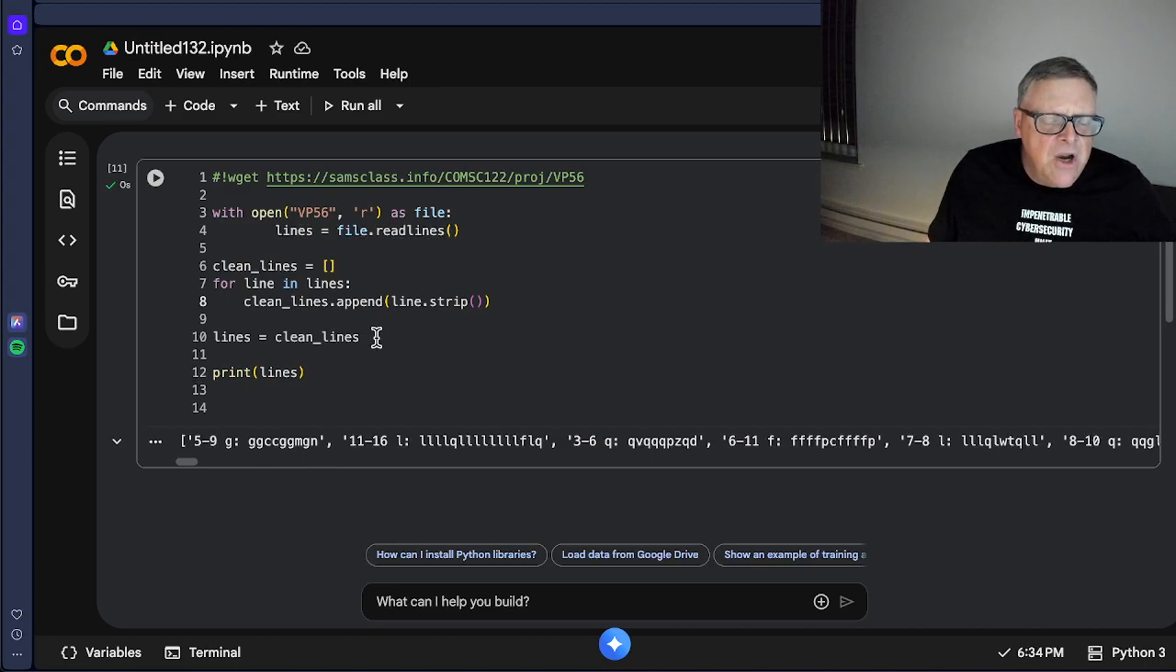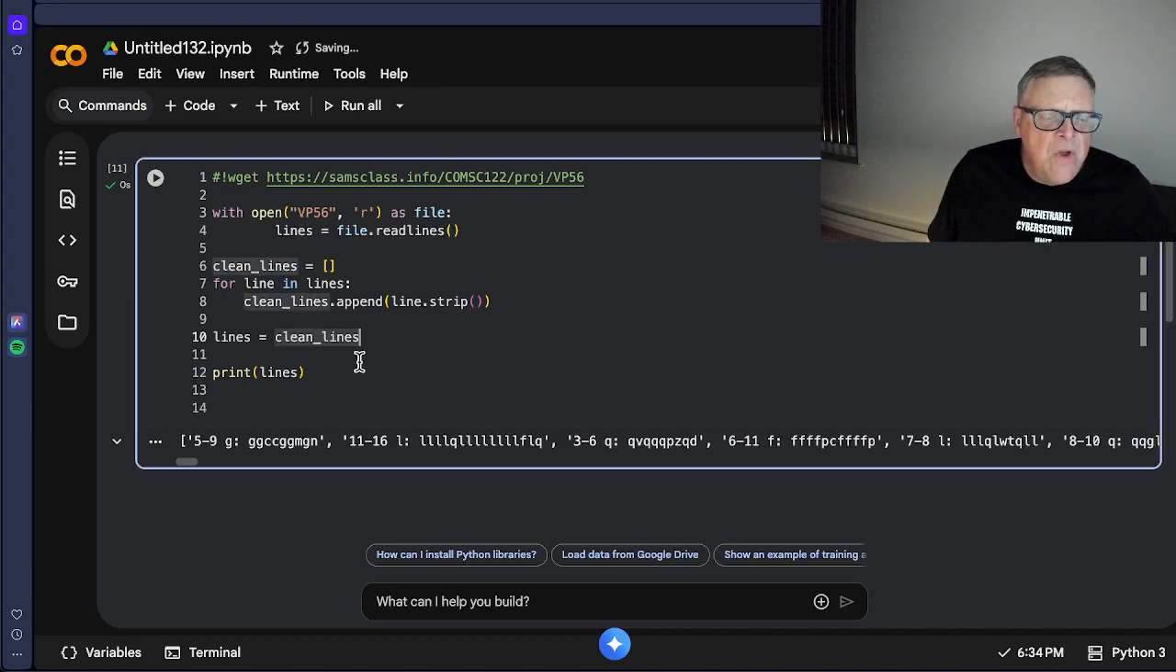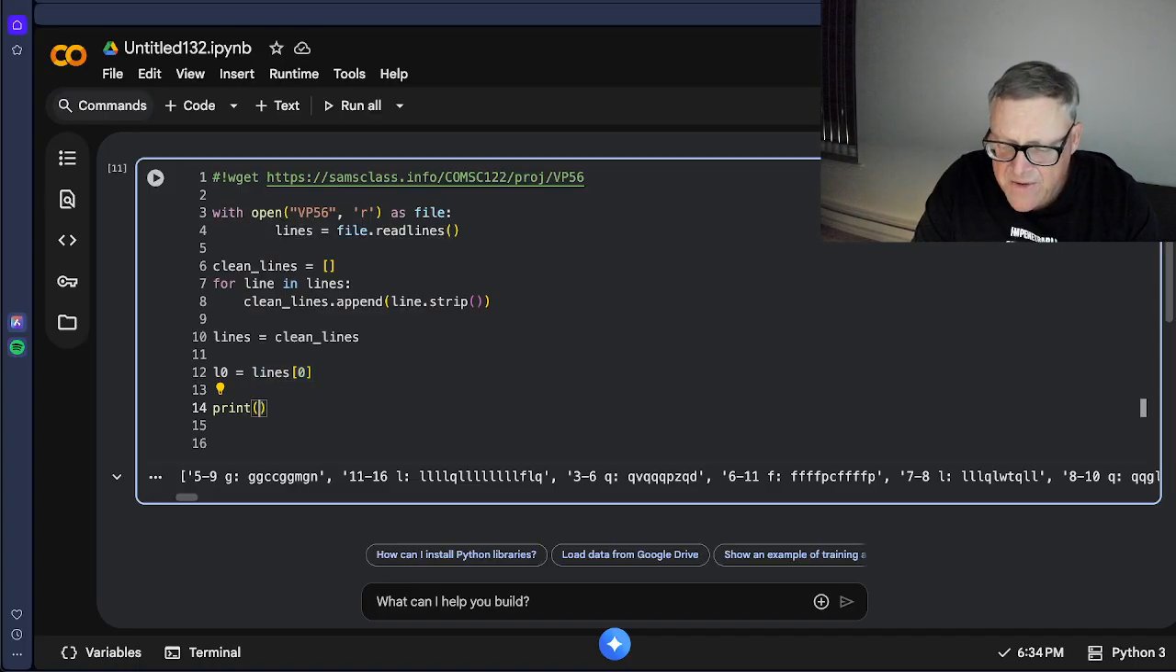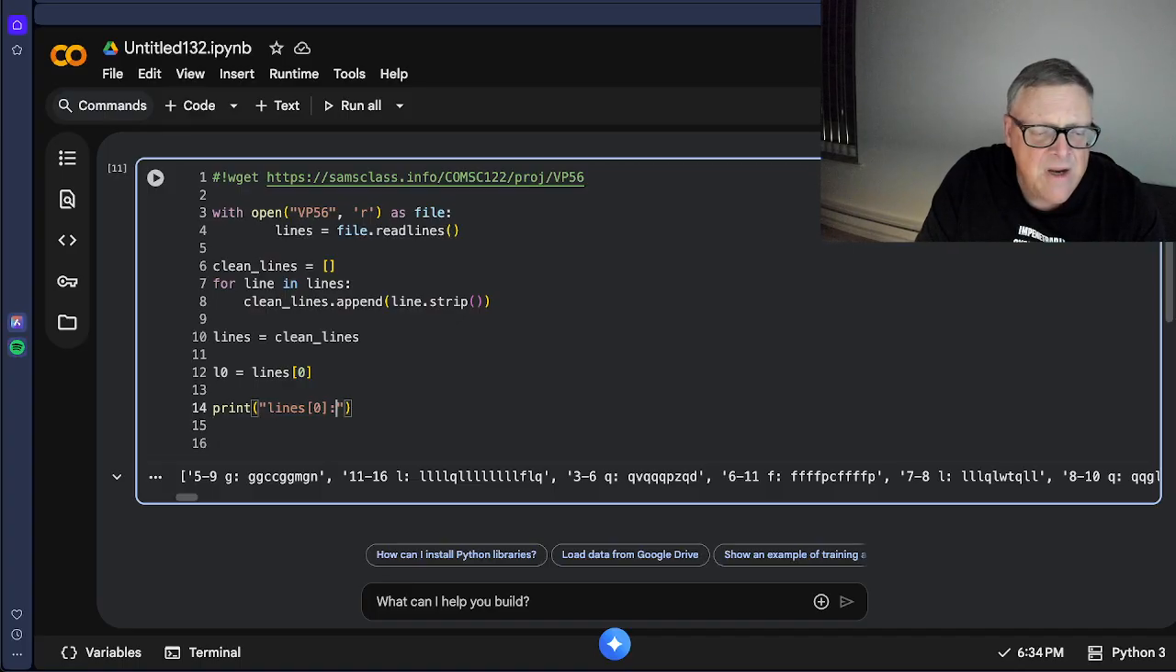So let's go here, and let's just work with one line. So L0 equals lines sub 0. And we're going to print line sub 0 down here. And I'm going to label everything so I know what I'm doing. So quote that, and then comma, that. All right, that's going to print the line sub 0. And now I'm going to do